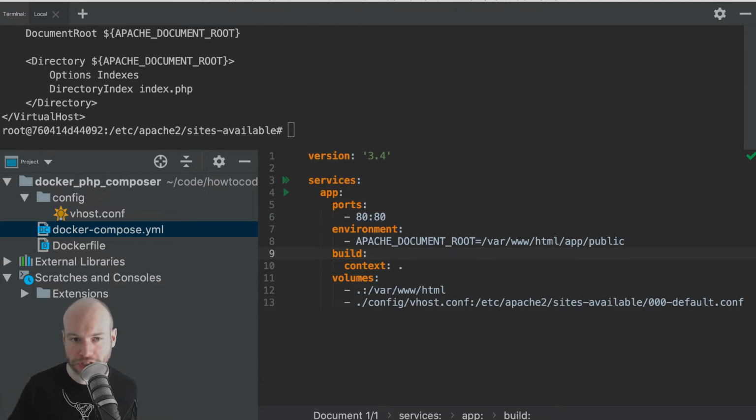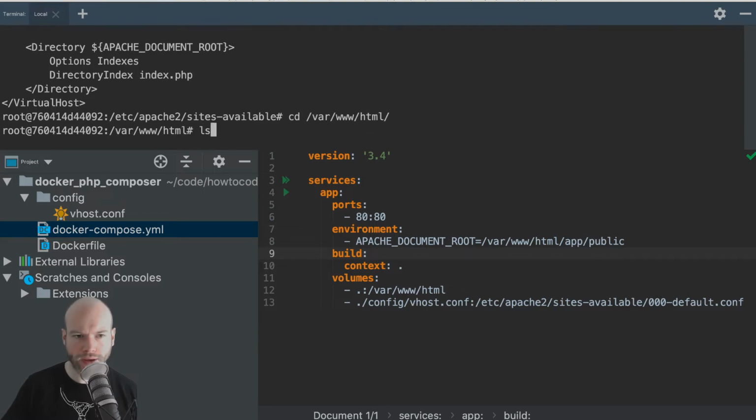Now that's important, a bind mount, and I'll be talking about the differences between bind mounts and volumes when we get to the tricks about the volumes after we get this installed. So that's all good. I'm going to go back to cd, var www, and then HTML. Okay.